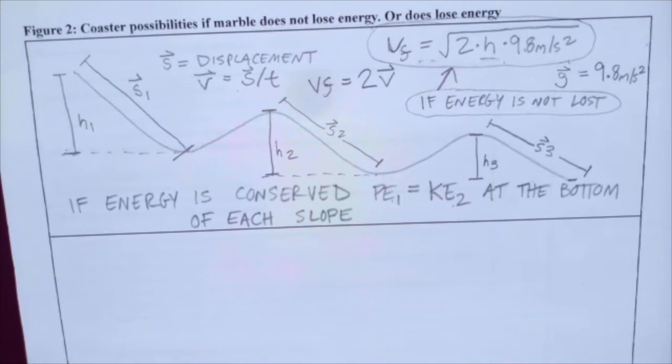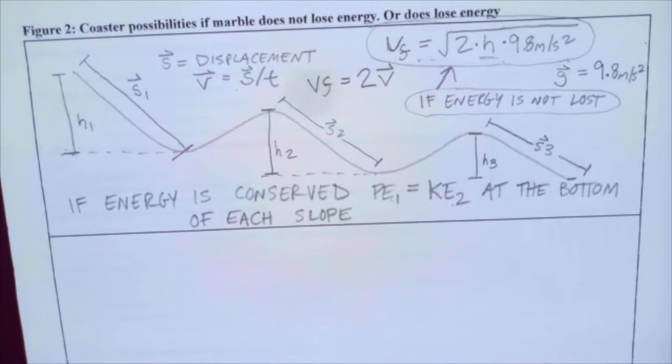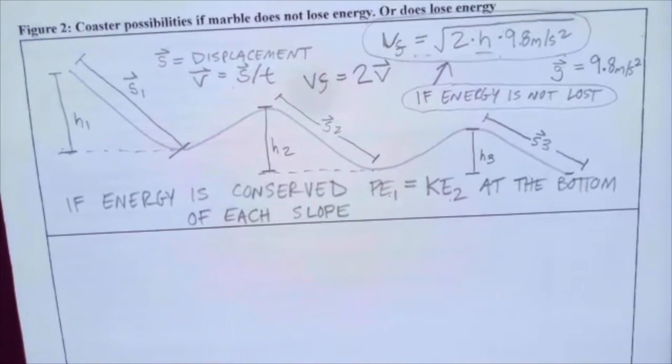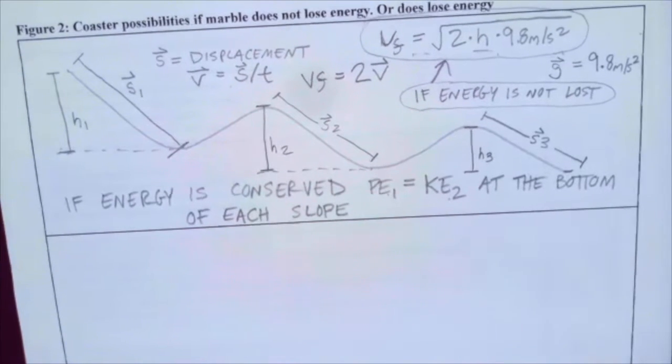Oh, it's a g. It's a lowercase g with an arrow above it indicating it's a vector. It's acceleration due to gravity for all objects on Earth. Okay, so